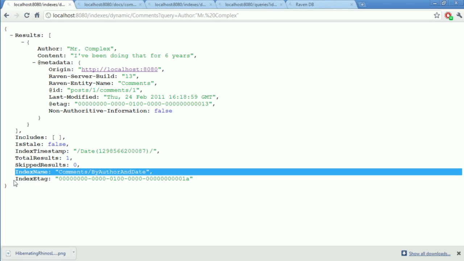Now, what you can see in the index name here is that the query optimizer didn't really have to create a new index for us. It was smart enough to figure out that, hey, you want to query on auto, I already know what auto is, I have no problem with just figuring that one out. So what it was able to do is reuse an existing index. And in the future, we will be able to take multiple temporary indexes and aggregate them, so we have fewer indexes on the same entity type.